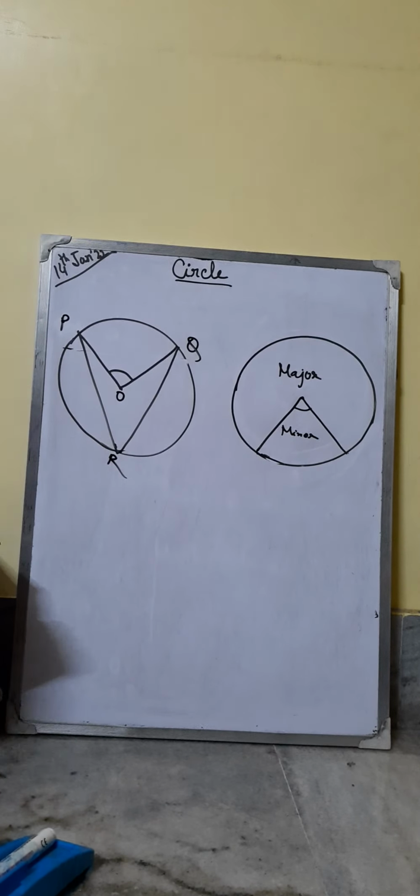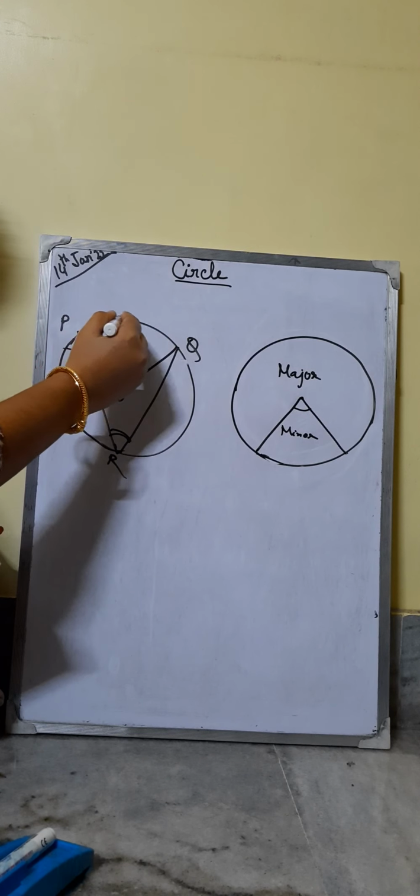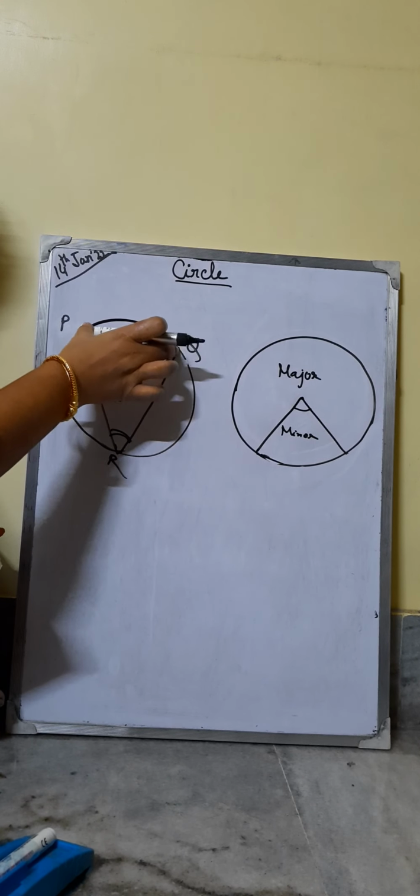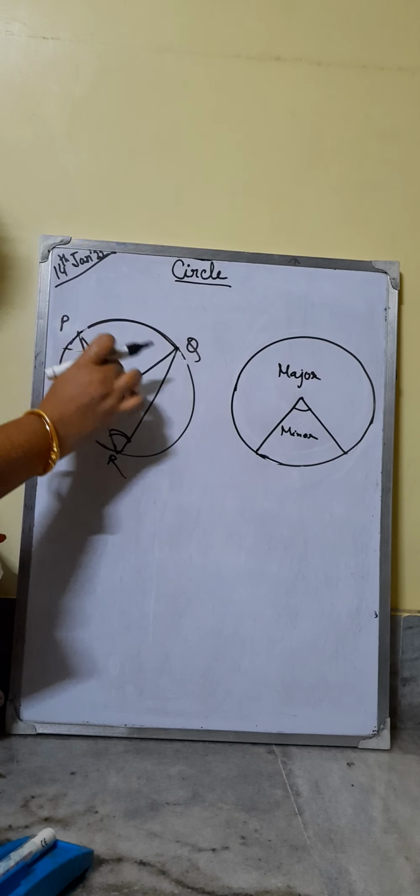Suppose we draw this, and this angle is PRQ, suppose the name is PRQ and this is O. This angle R is also called the angle subtended by the minor arc. This is called the minor arc because this is the minor arc. For this arc, this region is made, and this is the major arc. Okay, now